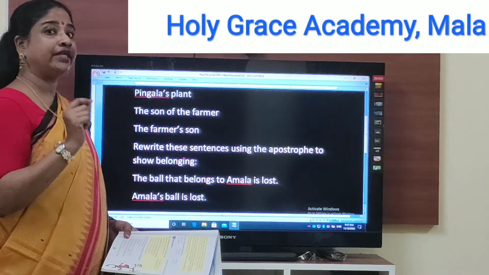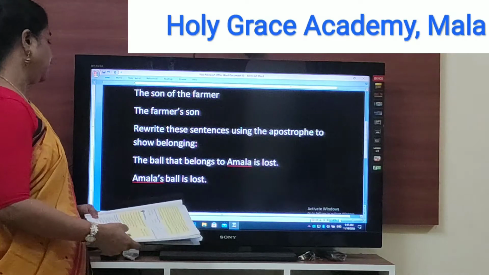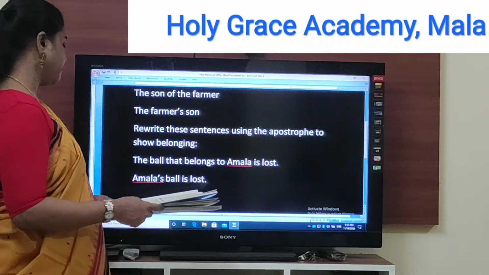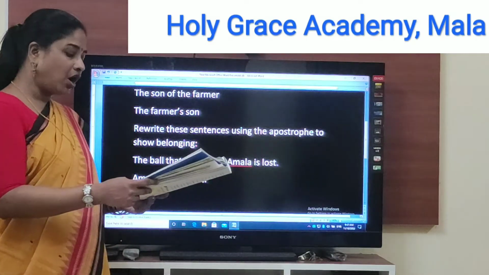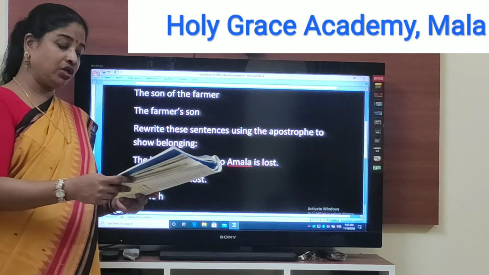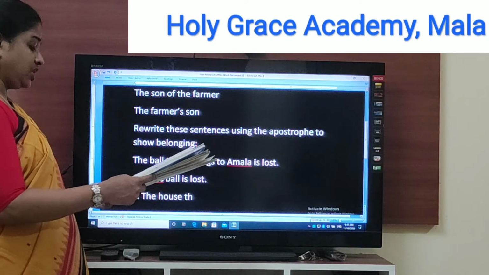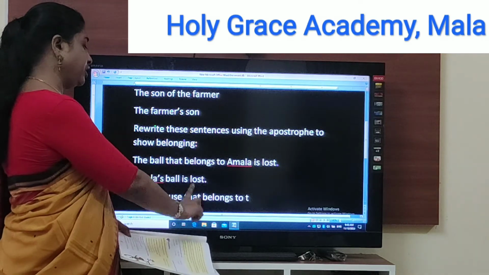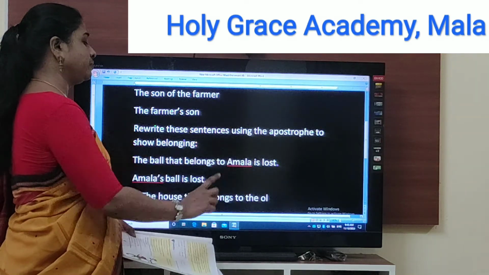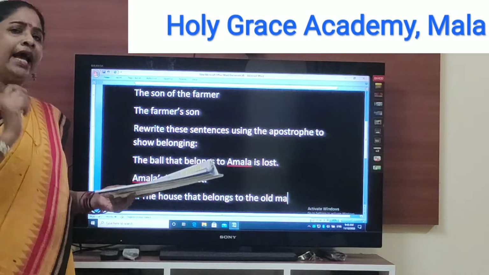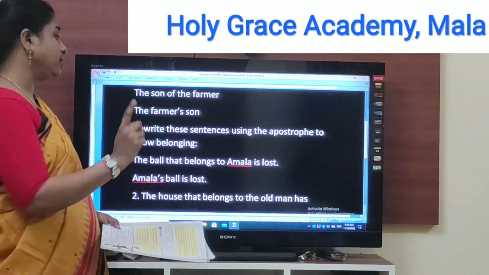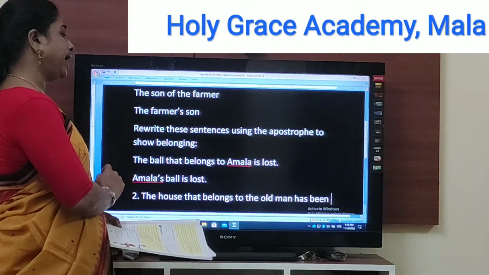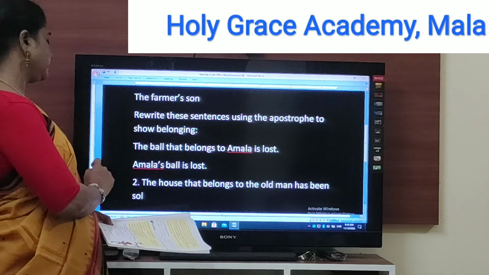Now let's look at sentence number 2. The house that belongs to the old man has been sold. Full stop.